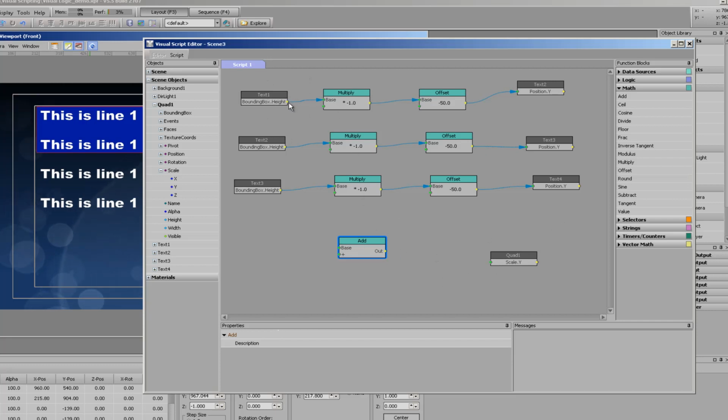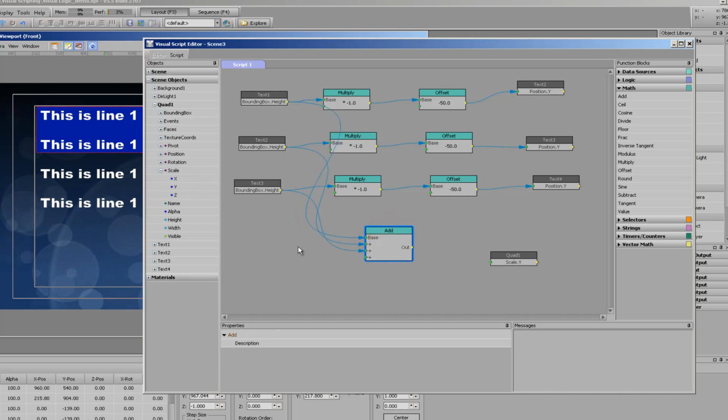So we'll take the bounding box heights output, and we'll send that to the input of our add function block. And we're going to do the same thing for text 2, and we're just going to add that. We're going to take text 3, add that. Notice as I add more values, I get additional addition inputs.